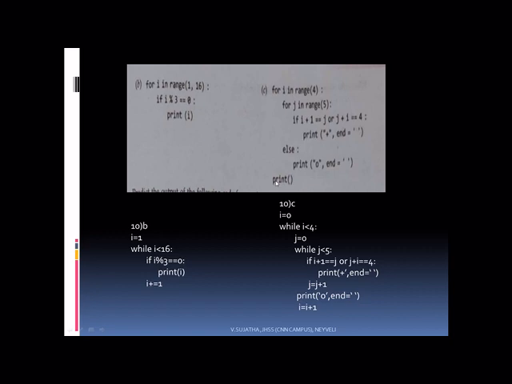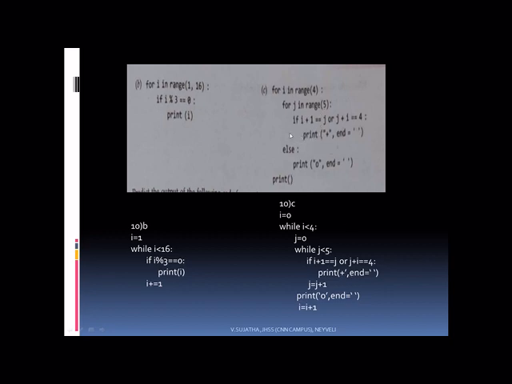Clear? Okay. So here what you are doing, I value is 0 to 3. Here J value is 0 to 4. So if it is so, you have to do this operation. So very first I am starting here, I value is 0. While I less than 4. That means what? 0, 1, 2, 3, up to that. Then J value is 0. While J less than 5. What action does it have to do? If I plus 1 equal to j or j plus I equal to 4, in the same manner you are checking the condition. Print plus end, this one is the same.